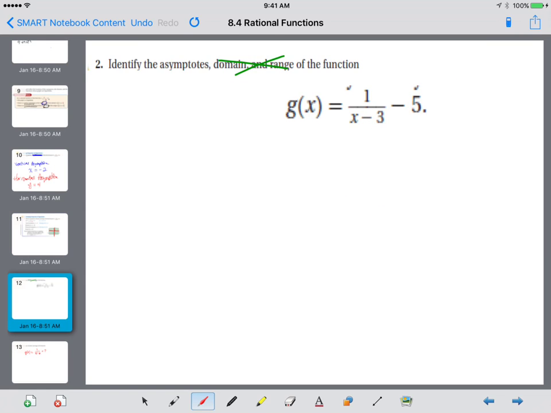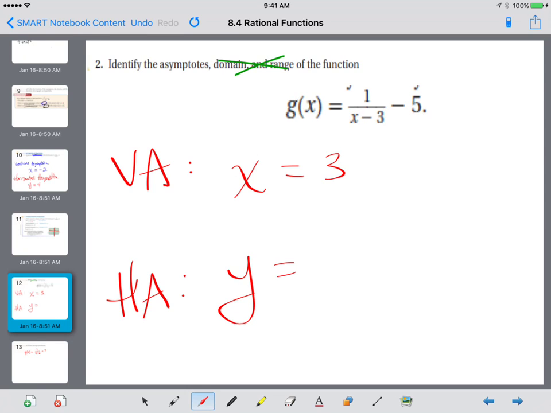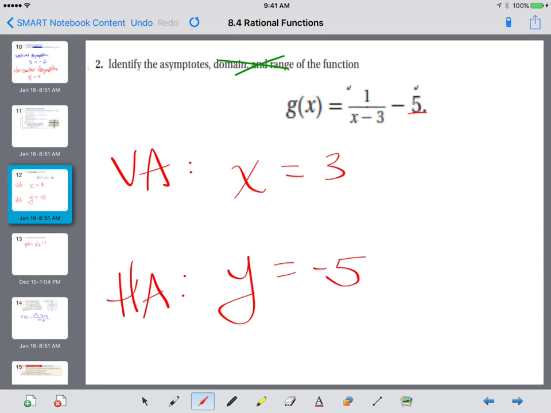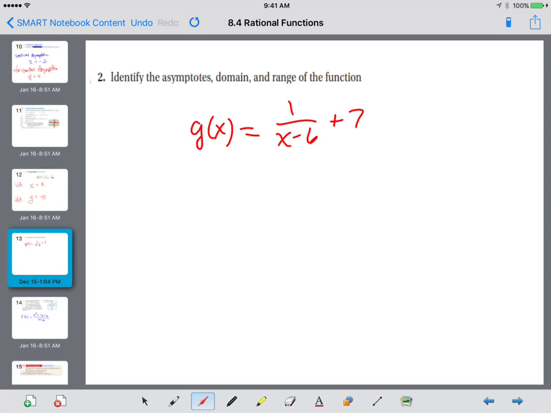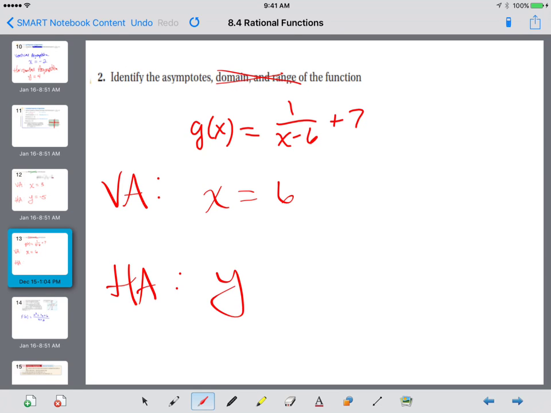Let's take a look at another example. Let's go vertical asymptote. It's x equals h. H in this case is a +3, so it's x equals 3. Horizontal asymptote is the line y equals k. K is out here, and looks like it's -5. One last example for good measure. Again, ignore the domain and range part of the question. Just identify the asymptote. So vertical asymptote is going to be the line x equals +6. The horizontal asymptote is going to be the line y equals